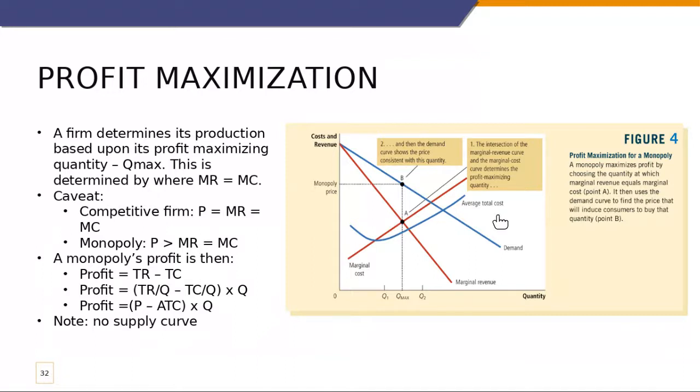So if we come over here and look at this, notice that first off, we identify the intersection of marginal revenue and the marginal cost curve because this determines our profit maximizing quantity, and this is at point A. Now at point A, in the perfectly competitive market, this would also be the price at this intersection. Instead, because this is a monopolist, they've only made the Q max. Well, the demand curve says that people at price B are willing to buy exactly as much as the monopolist produced.